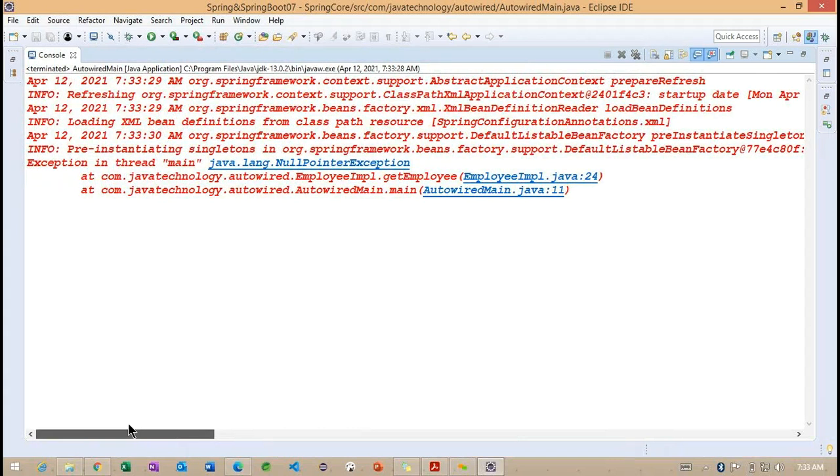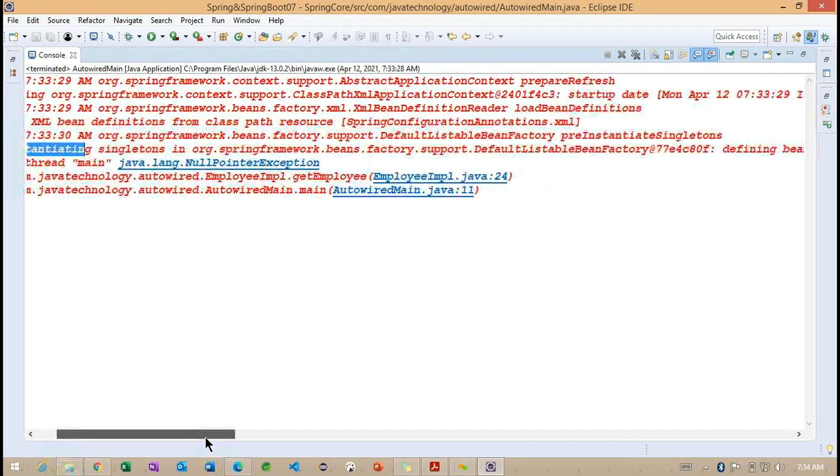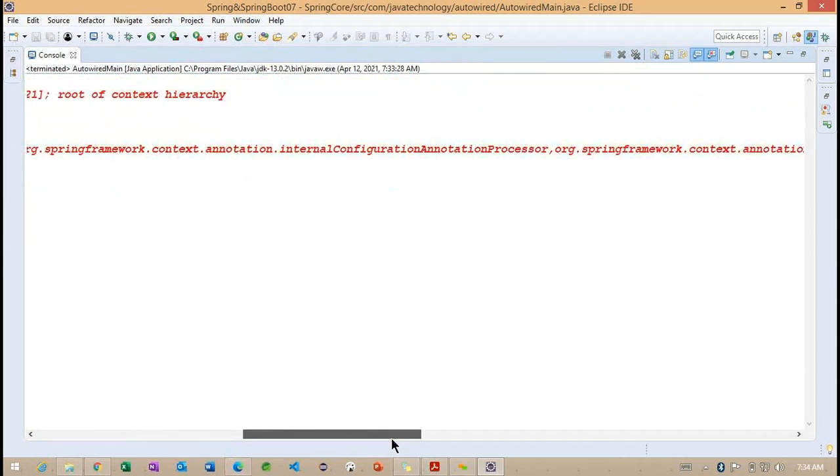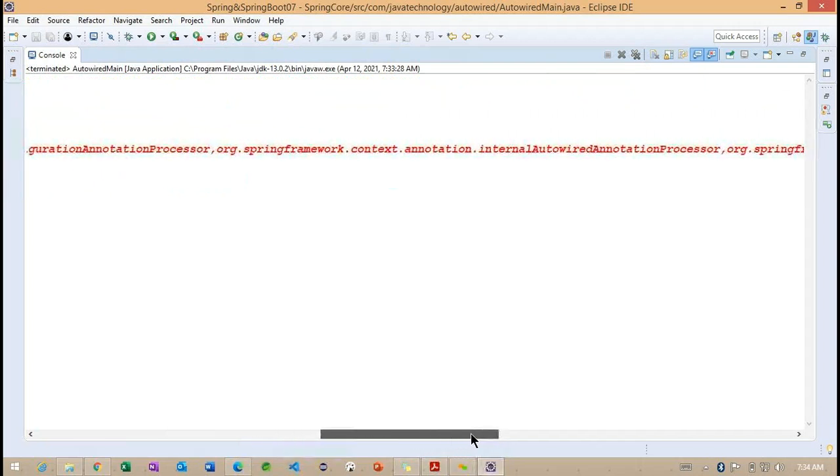Now you can see, those are singleton beans they are trying to create here. Pre-instantiating, nothing but the singleton beans are being created internally. Now you can see the DefaultListableBeanFactory defined in this class called AutowiredAnnotationProcessor, the internal annotation.